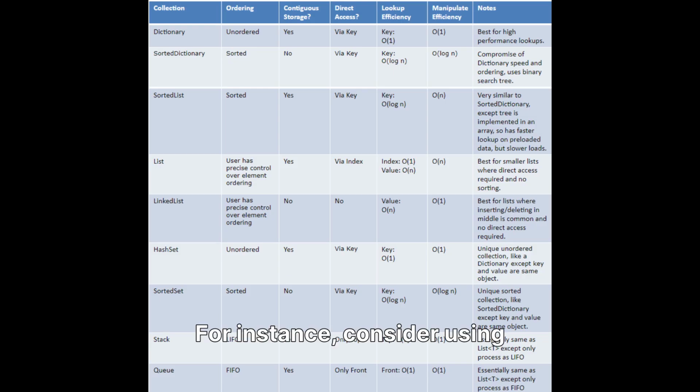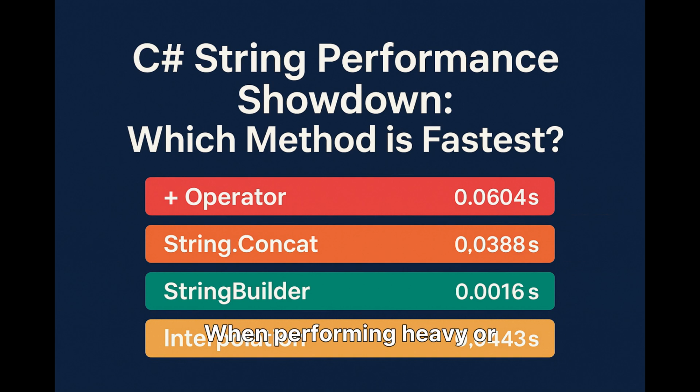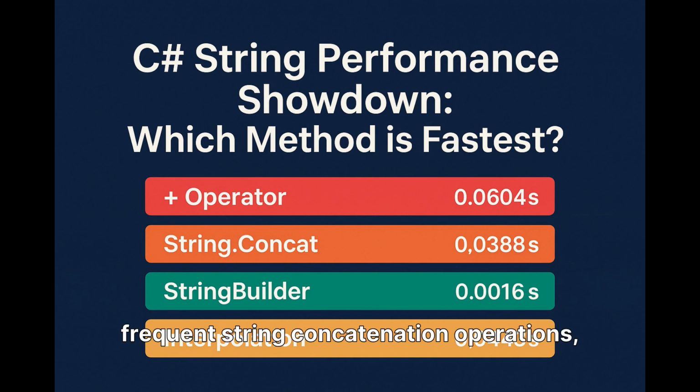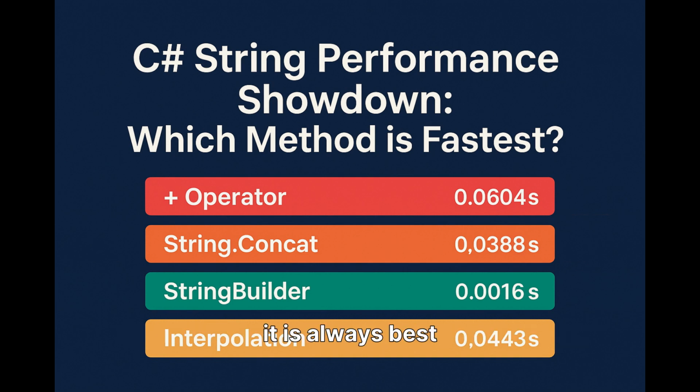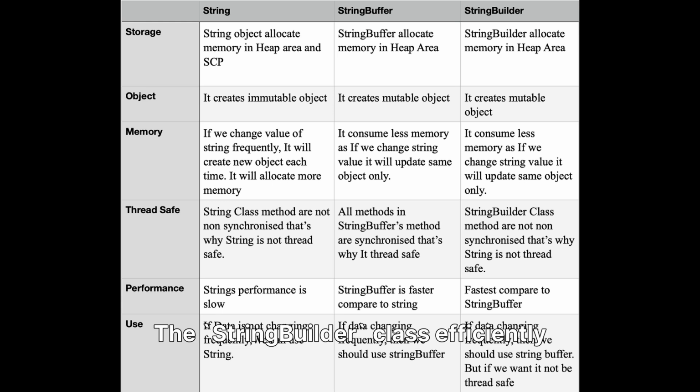For instance, consider using a hash set for extremely quick presence checks or a dictionary for highly efficient key-value pair mappings and lookups. When performing heavy or frequent string concatenation operations, it is always best practice to use StringBuilder instead of repeatedly using the string class. The StringBuilder class efficiently avoids creating multiple intermediate string objects in memory, which significantly improves performance, especially with many